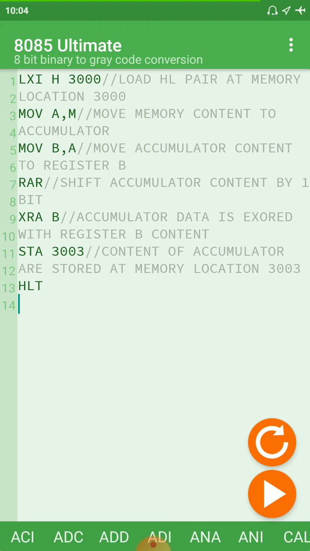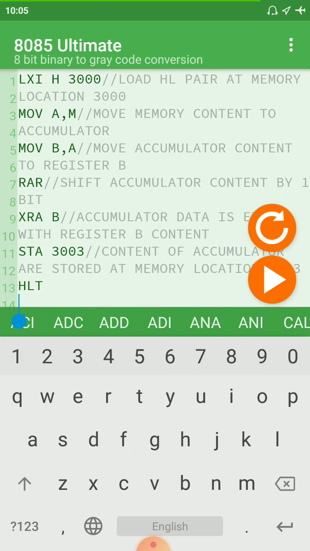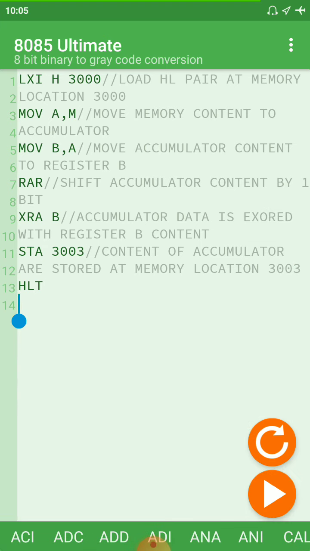So here we have written the program, the algorithm, how we achieve this. Okay, so this is a program for binary to gray code conversion. Your first instruction, you are aware of this, load HL pair at memory location 3000. You will get a number at 3000 memory location by this command.